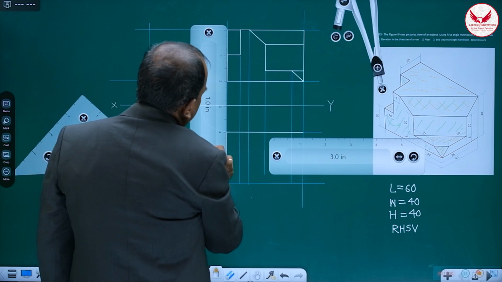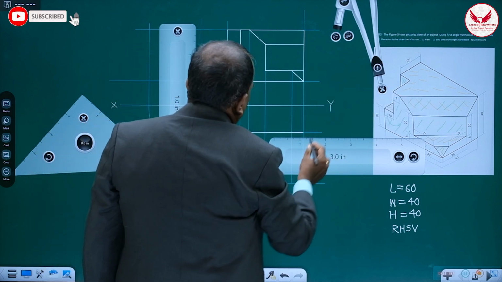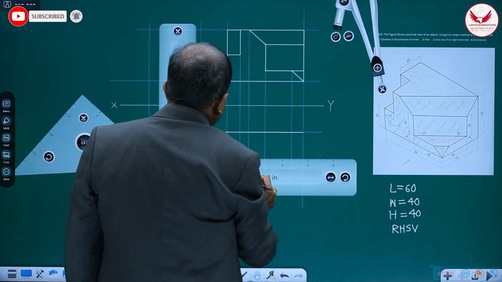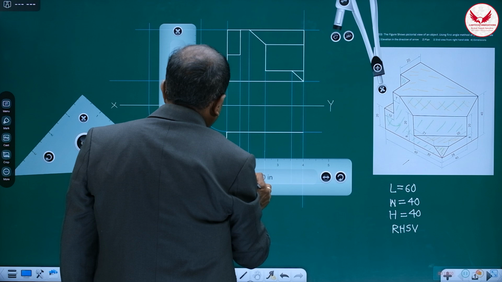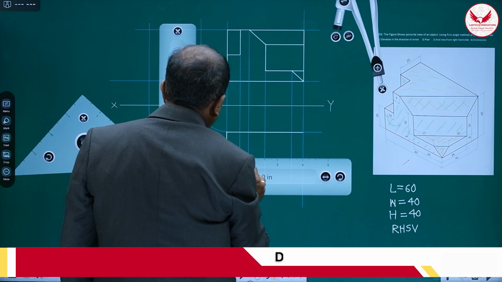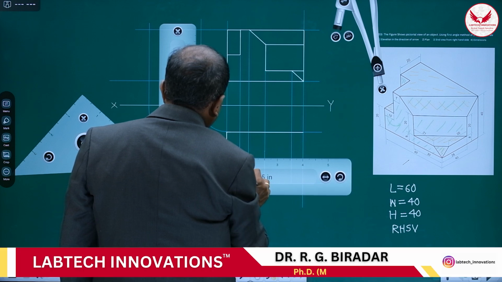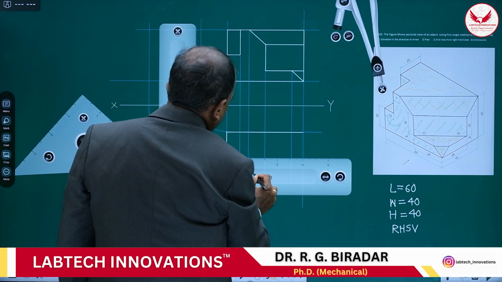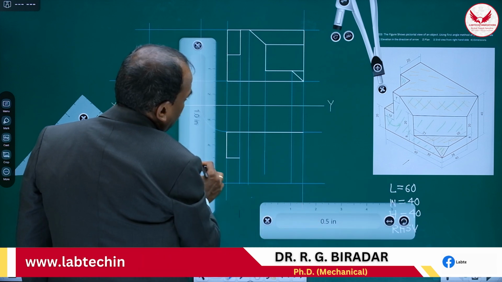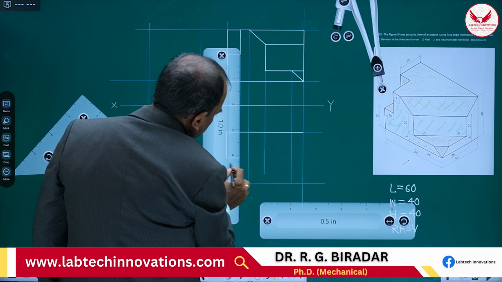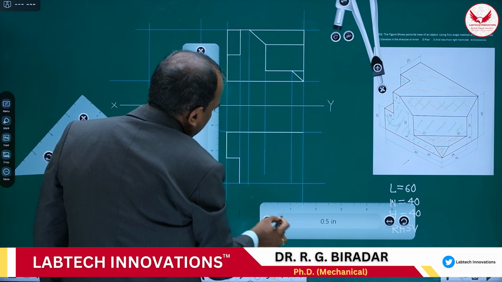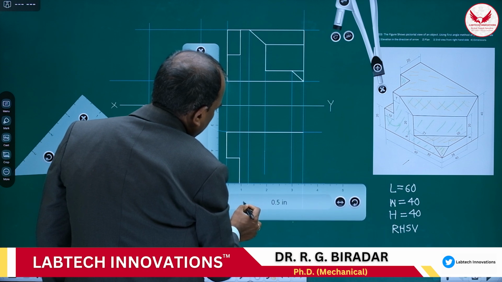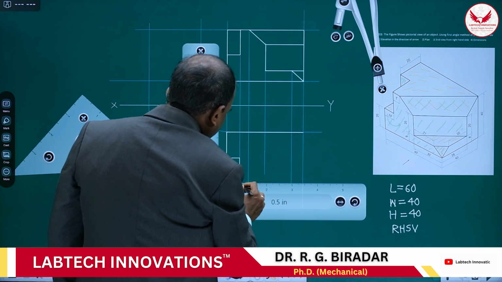Then afterwards, whatever this edge is there, that edge is up to this, its projection is there, correct. Then this is the part. So now those lines are helping us. Vertical, then this horizontal 7 mm,